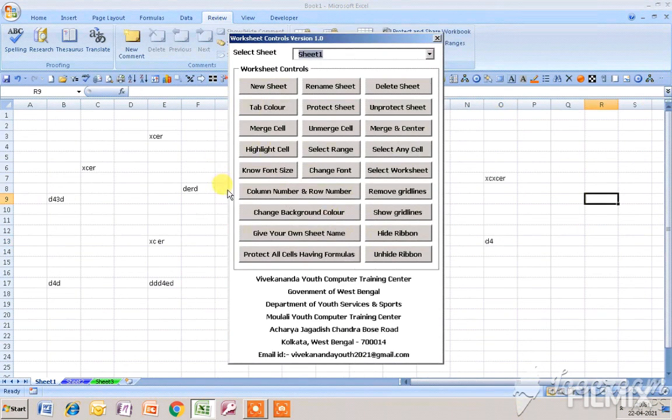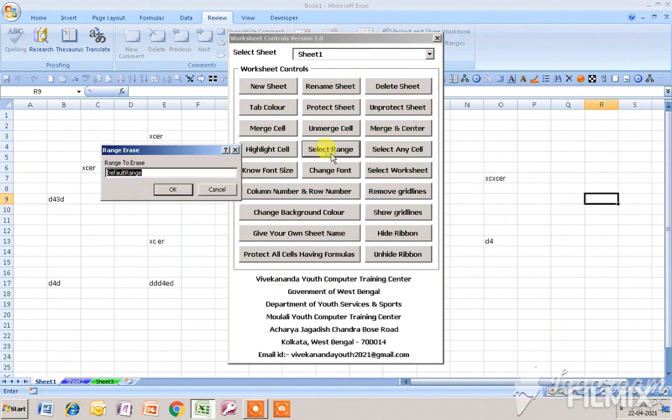Now I will show you how you can merge cells. It is very important. Before merging cells, I want to show you how you can select a range, then only I can show you how you can merge cells. To select a range, I have to click on this button, that is select range.